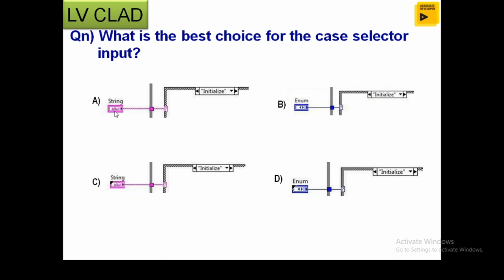So when we consider a string control, what will happen? We have to type it. Suppose you are running that VI, just opening and running it, you have to give some input control, like which cases are available, and you have to type it manually. But when we have an enum, there is a fixed menu from which we can pick. What would be the default case? What are the cases to be executed? And the string type definition is a similar kind of option. So these two options are not at all relevant, since we have to type manually to select the cases.